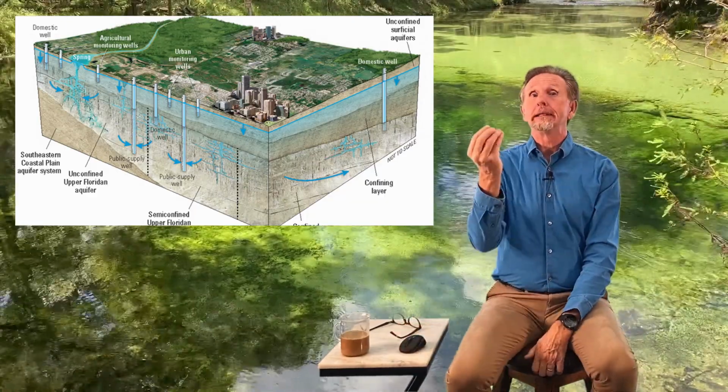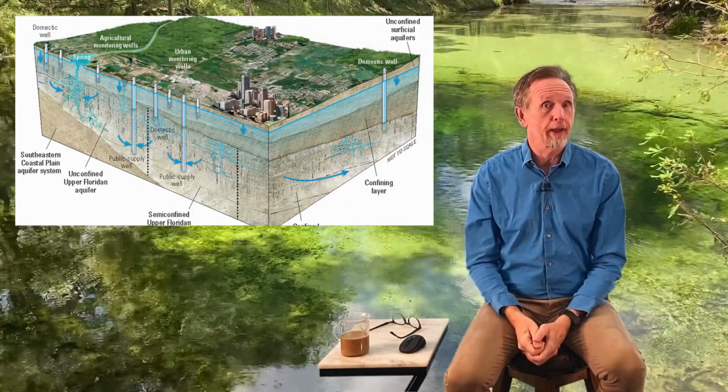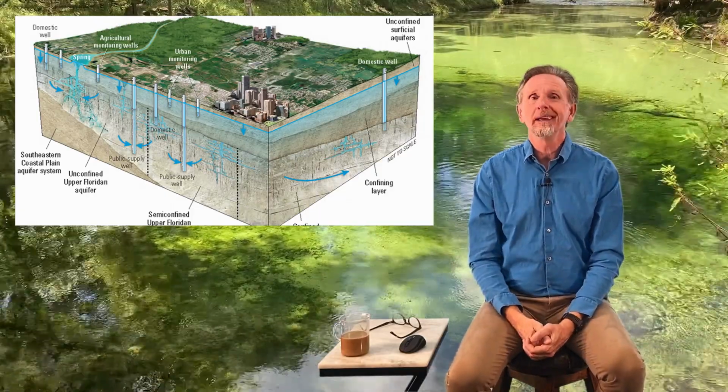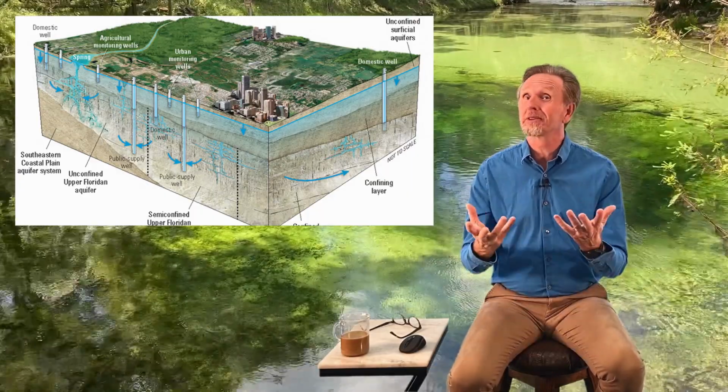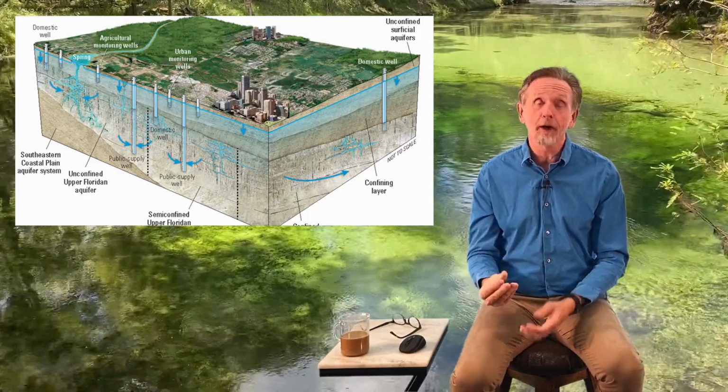Cities will tend to dig deeper wells to make sure they have more adequate water, and say a homeowner or somebody with a farm may not drill a well as deep because it just costs money. The deeper you go, the more expensive it gets. So let's talk about this aquifer area.